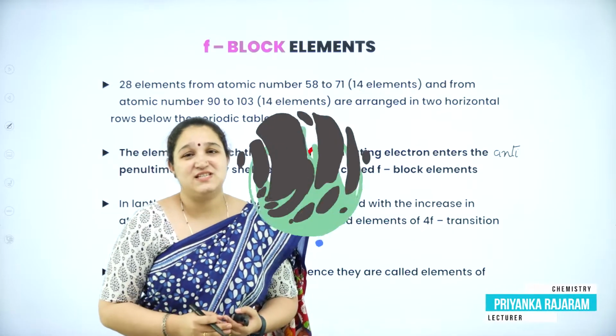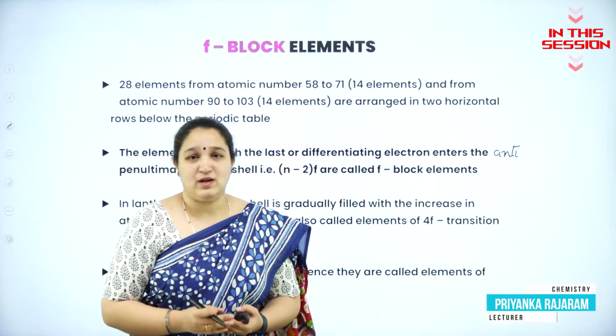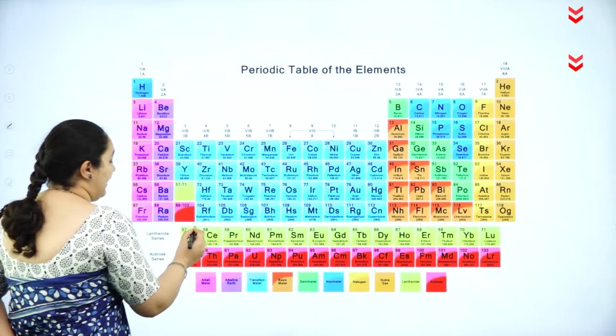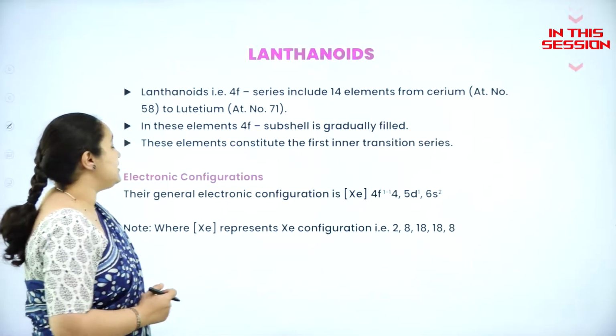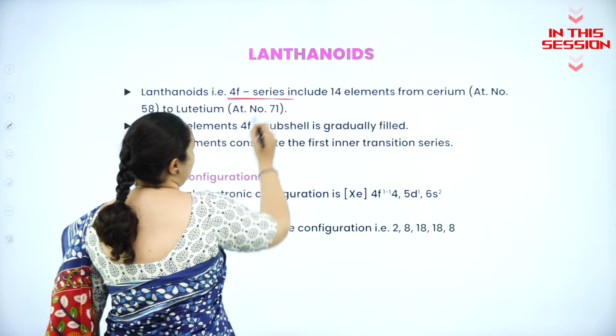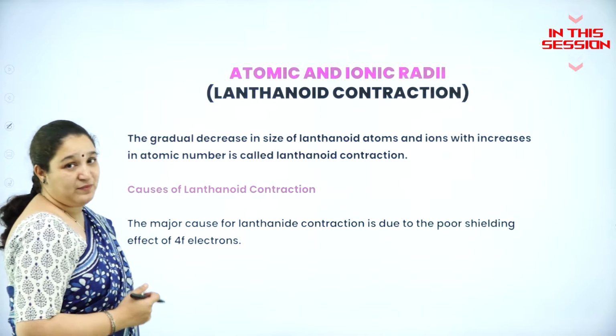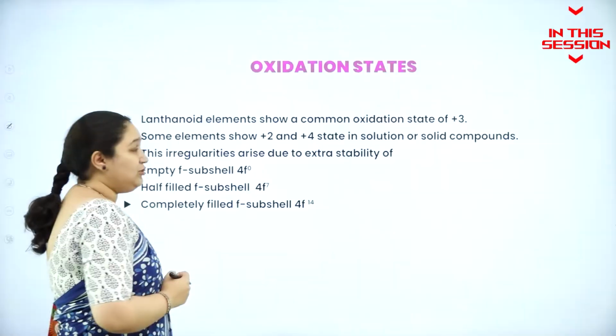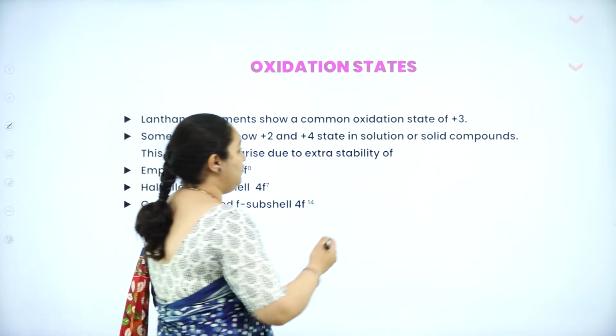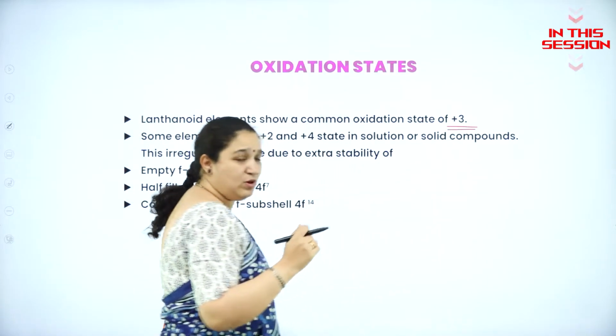Today we shall study about the F block elements. We have lanthanum 57 which belongs to D block. Lanthanides are called 4F transition, includes 14 elements, atomic and ionic radii, which is also called lanthanoid contraction. Lanthanides show a common oxidation state of +3, but some of the elements